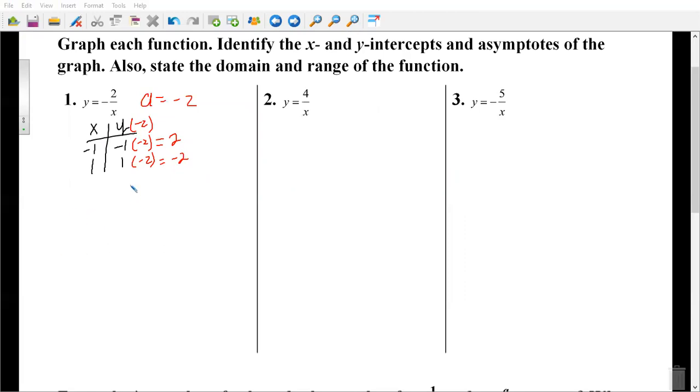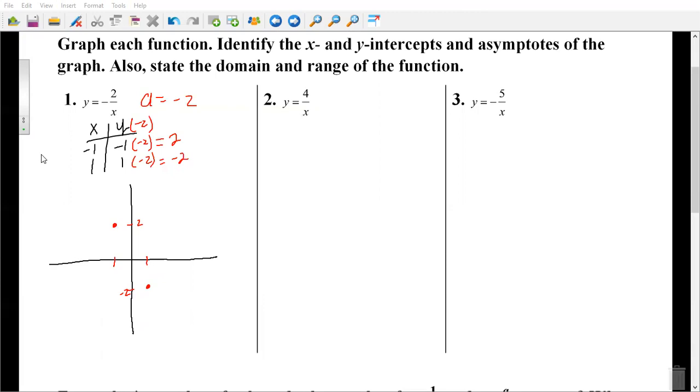Now when I create my graph, I'm going to be at -1, +2. And I'm going to be at +1, -2. Because there is no change in my C and D value, guess what? My asymptotes do not change. So I still have asymptotes at